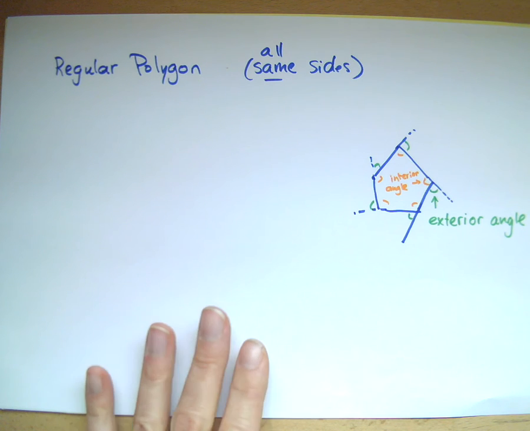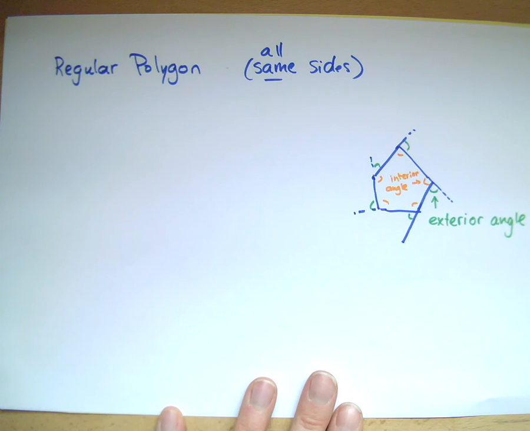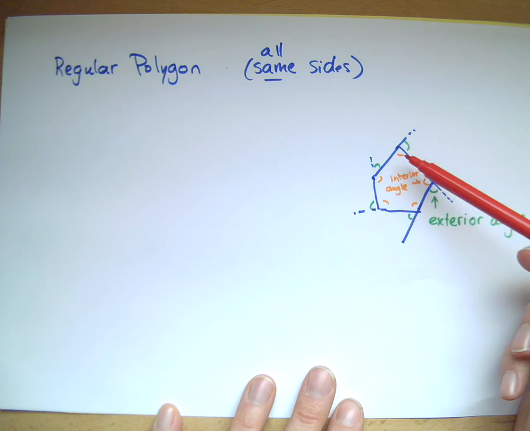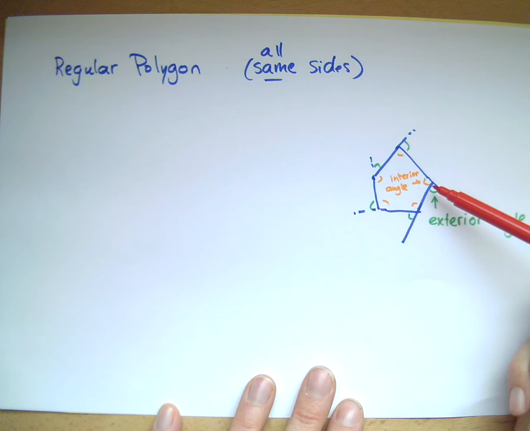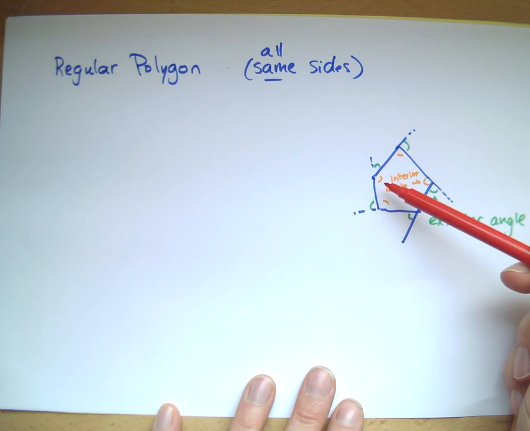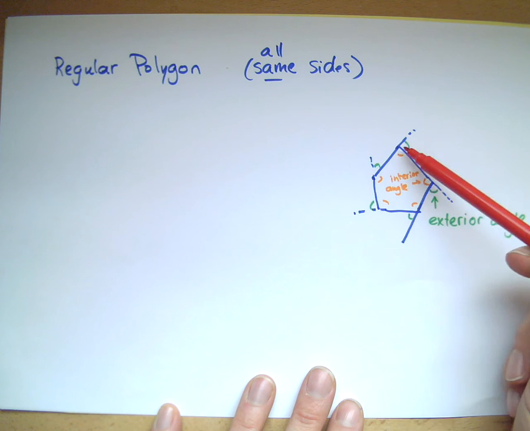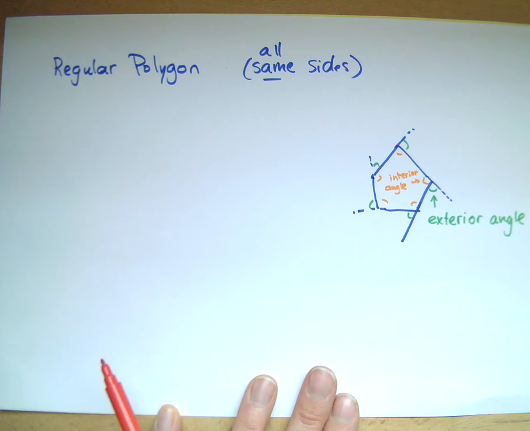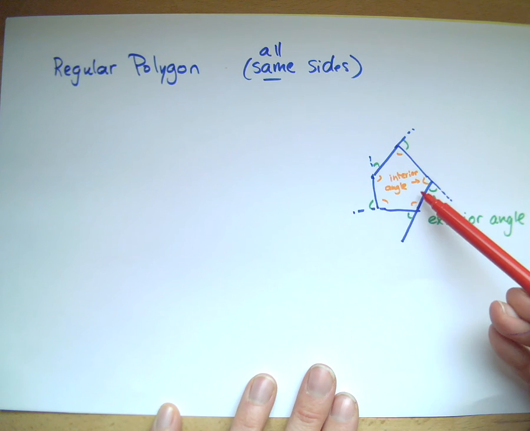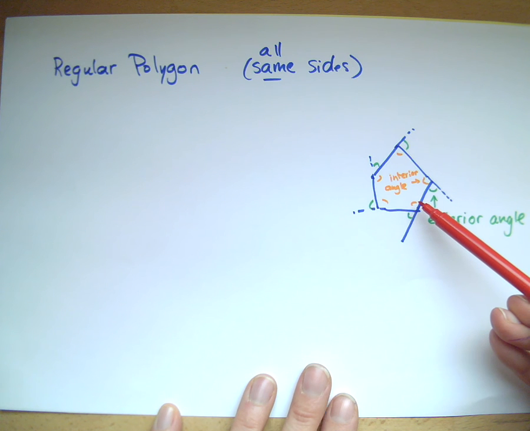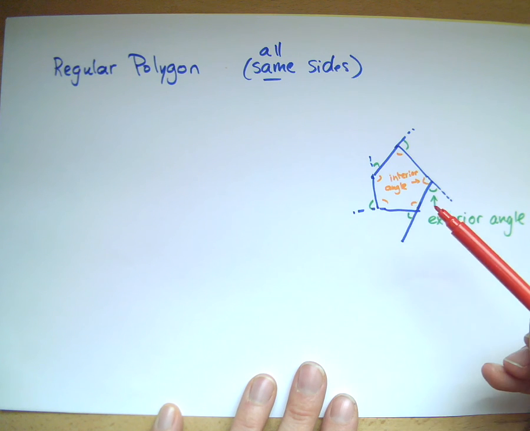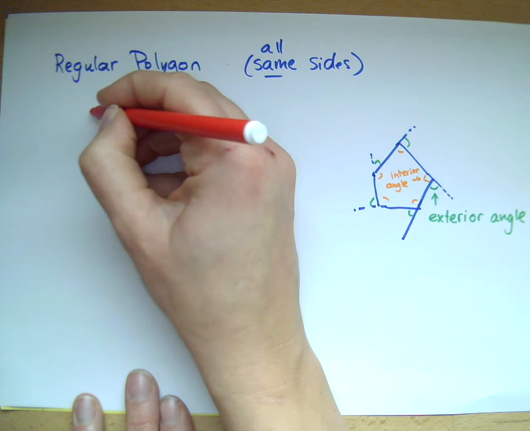When a polygon is regular, that means it has all the same sides, right? So I tried to draw a regular polygon here. It's not actually very regular looking, but imagine these angles are all the same, and all sides are the same, right? That would make it a regular polygon. These interior angles are all going to be the same size. The interior angles of an n-sided polygon